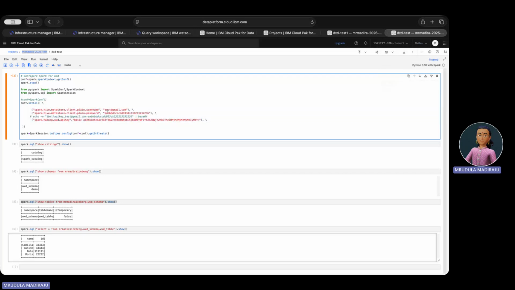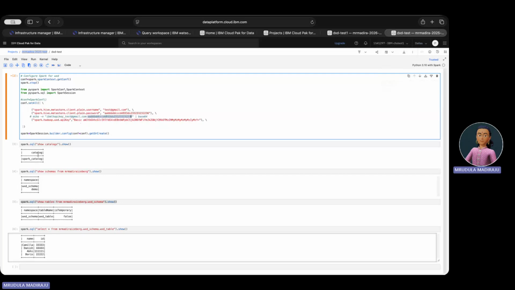Here I've set up, this is my email ID and this is my API key. And for this particular parameter, the watsonx.data API key, I have the base64 encoded version of this IBM LH API key underscore my email ID, and then the same API key that I've created from the platform.cloud.ibm.com. So once I create it this way,